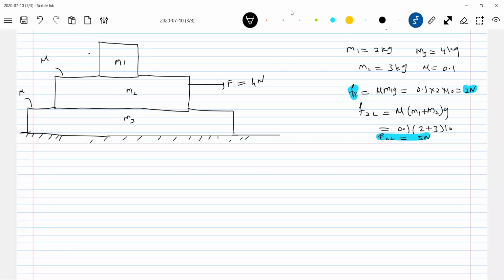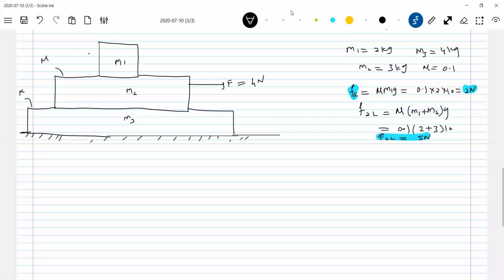Then we'll calculate the acceleration of blocks. We'll calculate the static friction acting at all surfaces. We'll check whether that static friction is greater than limiting friction. If not, then what we assumed is right. If at any one surface or at both surfaces it is greater than limiting friction, then the assumption we made is wrong. Are you getting the idea? No?